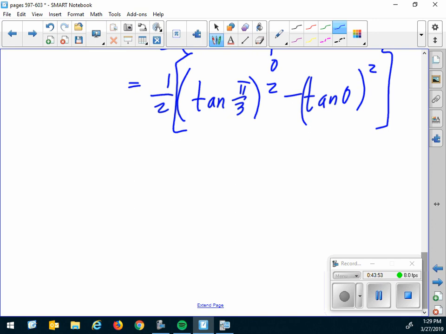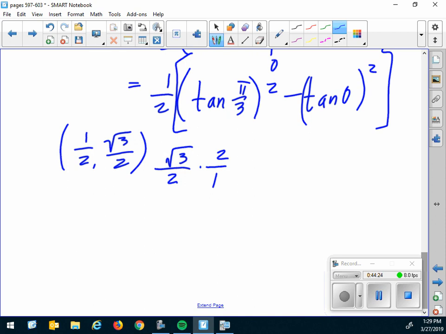The coordinates of pi over 3. Tangent is what over what? Sine over cosine, y over x. So the tangent is, that's it, square root of 3 over 2 divided by 1/2. Dividing by 1/2 is the same as multiplying by 2. What do you get? Square root of 3. So this is 1/2 times